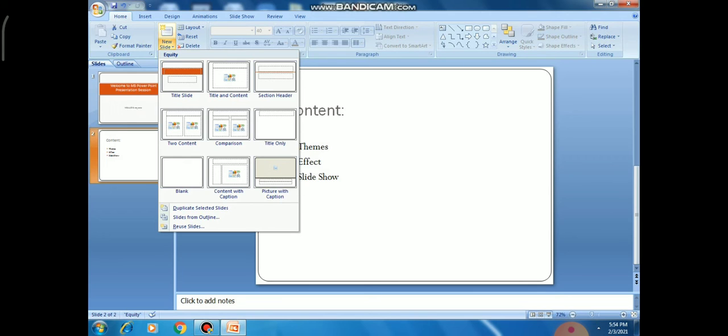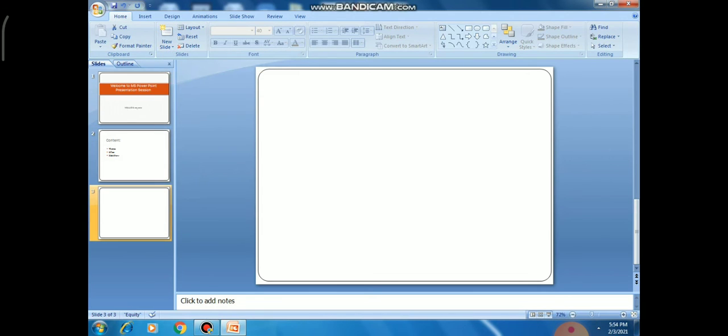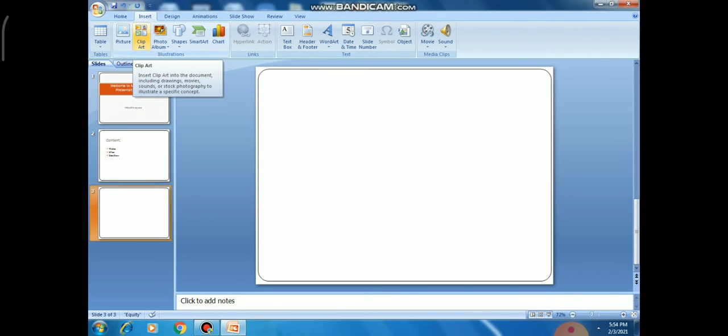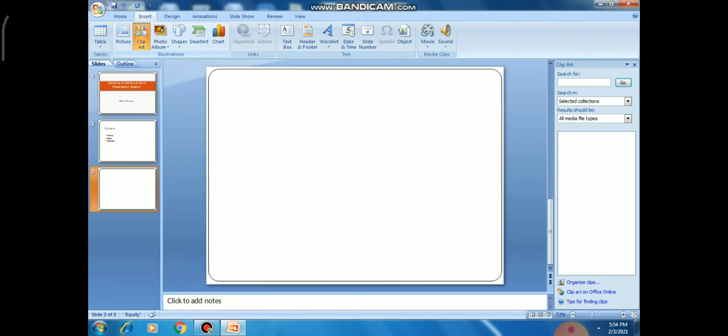Here I am selecting a blank slide just like this. Now I want to insert clip art. To insert clip art, you have to click on the insert tab and the clip art option. Here I am searching for all the clip arts that are available in my system.